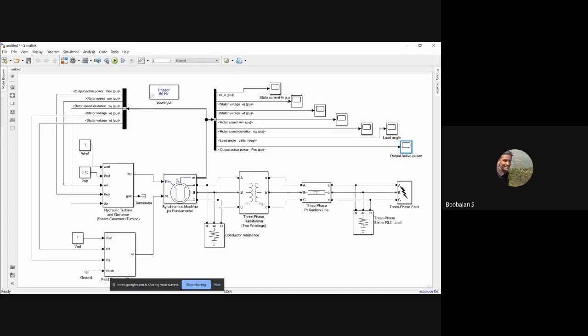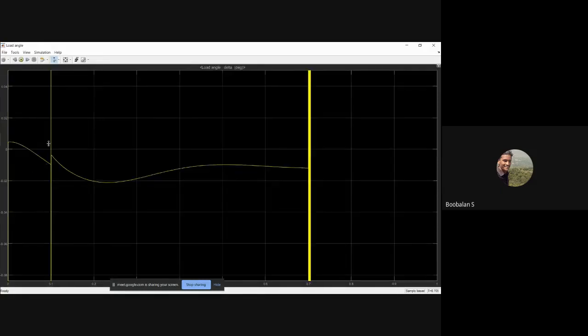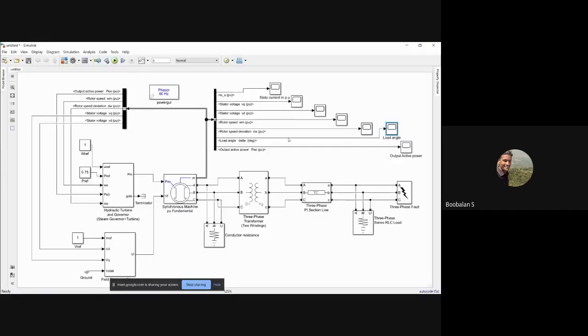If a fault occurs, a disturbance is created. In the same way the load angle is also affected, that's why. So this is what the sudden changes in output are, right? These sudden changes are happening on my load angle with respect to my fault. So this is what the sudden output change is. This is what is called the transient response, you could see over here. This is my transient response of my load angle with respect to my 3-phase fault, right?